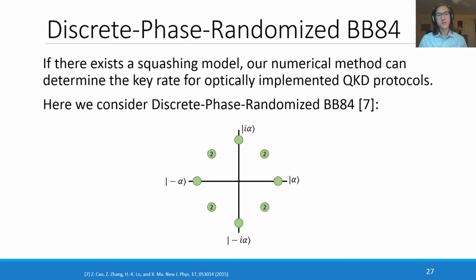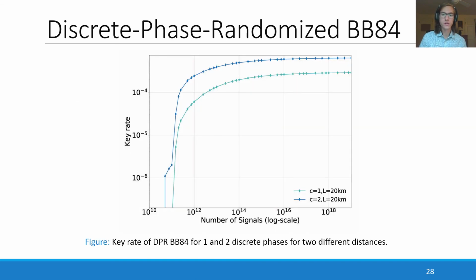So here we consider the discrete phase randomized BB84, where Alice discretely randomizes the global phase of her states as she sends them to Bob. Here we consider just one discrete phase, which is like an optical implementation of BB84, and then also two discrete phases, which should improve the key rate as it allows one to detect Eve better. And so we see that it